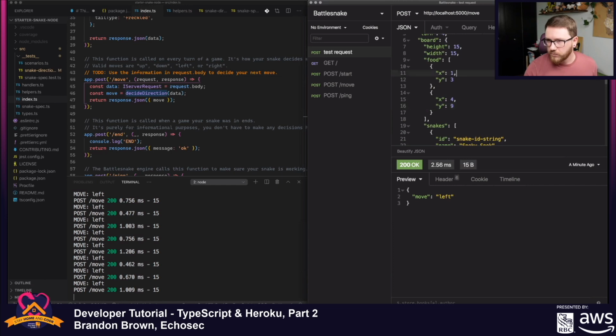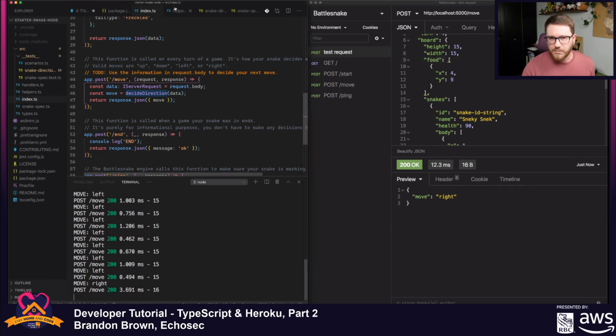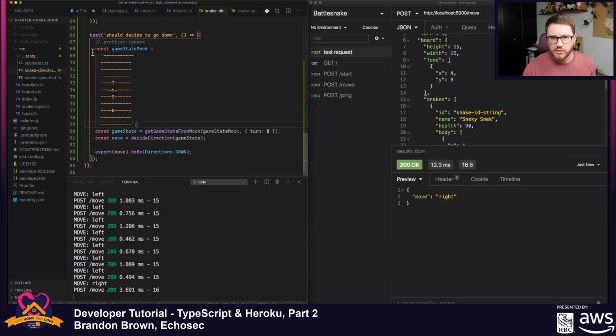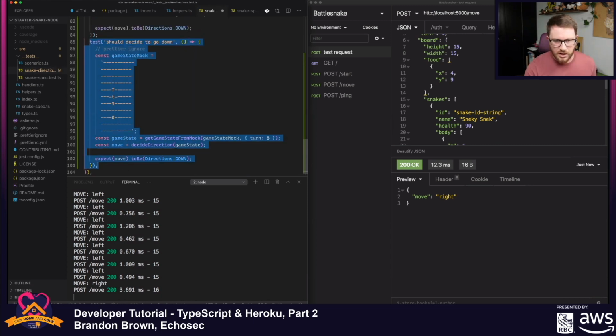15, yep, we're good there. So now if we click send, the snake is still going to go left because we're going to go towards the first piece of food. So let's remove the original first piece of food and click send. So now our snake is going to go right because of the way that the board is represented. If we want to, we can actually take this scenario